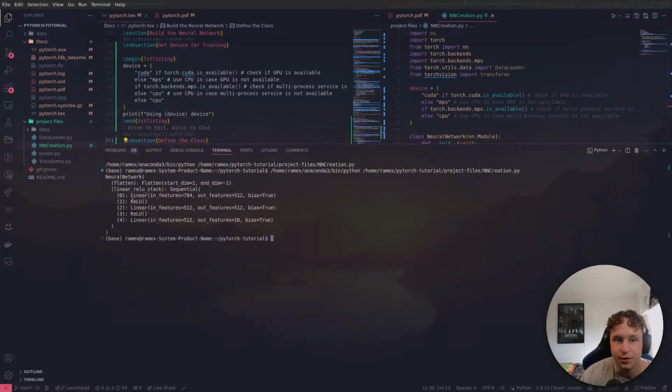If we run this code, we will see that it prints the whole structure of this neural network. As you guys can see, we have a neural network which is using the function flatten, starting with the input data with a dimension of 1 and also a minus 1. And this is also our linear ReLU stack, which is a sequential operation essentially,